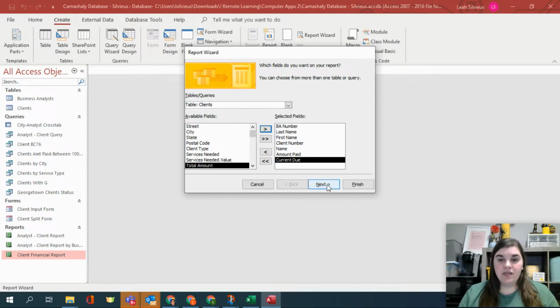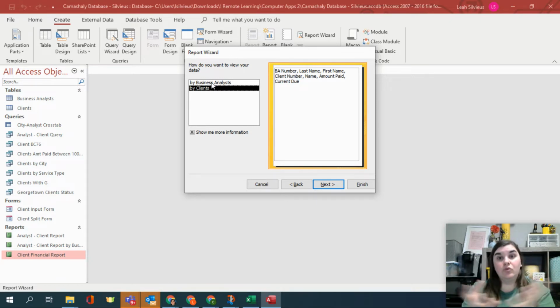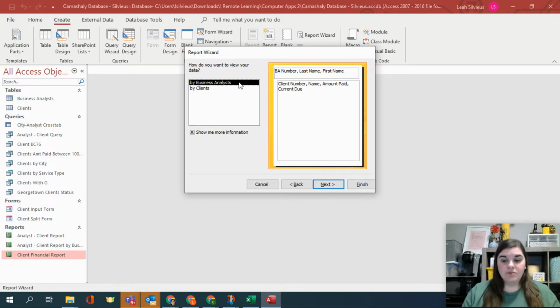I'm then going to hit next, and I'm going to let it sort by the business analyst table. So you're going to see that you actually do have to sort by one or the other. Do you want to group by business analyst, or do you want to keep it with everything contained by the clients? And since they're all unique clients, there is no grouping because there's no way to group since they're all the same clients. However, we're going to group by business analyst so we can see the information by the business